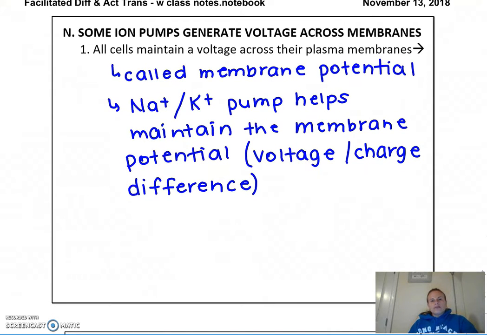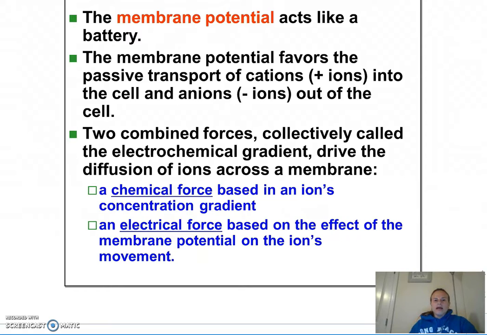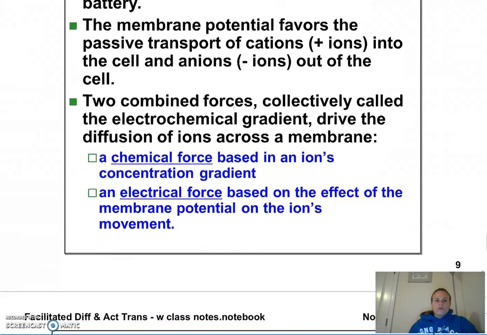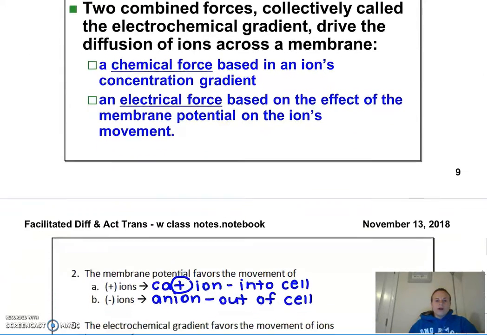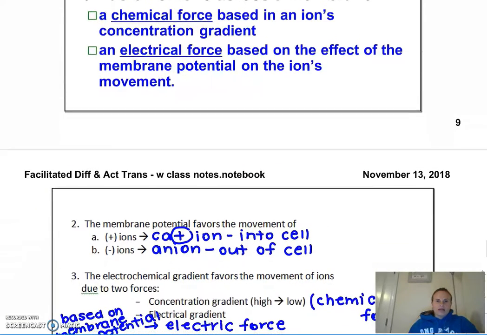A voltage difference can also be called a membrane potential, and it's that sodium-potassium pump that we last spoke of that helps maintain that membrane potential, otherwise known as the voltage difference or the charge difference, where that membrane potential acts like a battery. It favors the passive transport of cations, positive ions, into the cell, and anions, negative ions, out of the cell, where two combined forces, collectively called the electrochemical gradient, drive the diffusion of ions